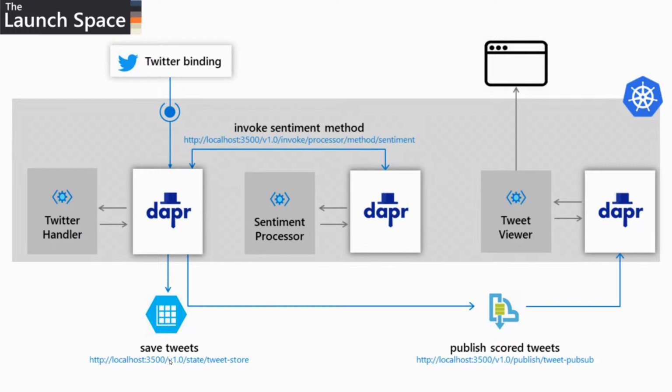But I'm going to change the two components here at the bottom. Once I have my state stored, I then use PubSub, where I'm able to publish events and then have another microservice subscribe to those events and pull them off of the queue. So I publish an event saying, hey, I've scored this particular tweet, put it on my PubSub, and then I have a viewer microservice that says, okay, I'm going to subscribe to those tweets coming off of the PubSub, and every time I see a new one, I'm going to display that to the user for them to see. So we have 3 microservices and 3 components, and we're still doing service-to-service invocation.